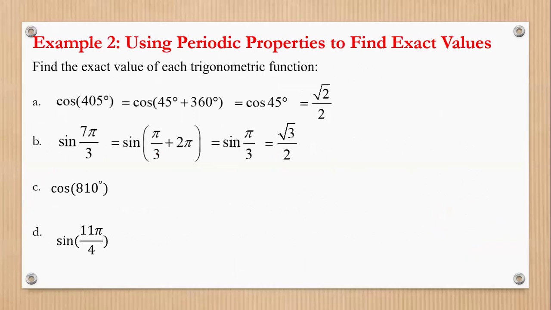And we use this property to find the sine and cosine, or tangent and cotangent, of some angles that are in other rotations, more than the first rotation, like the second rotation, third rotation, all the angles that are more than